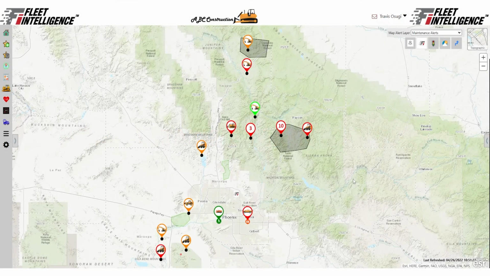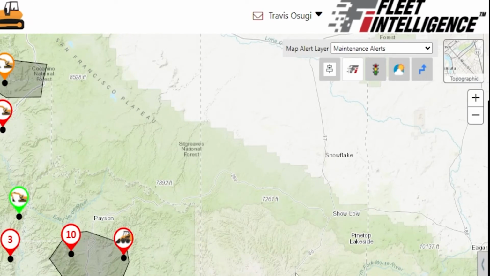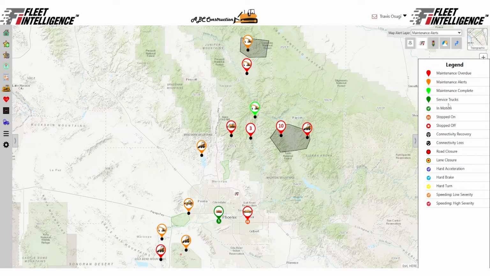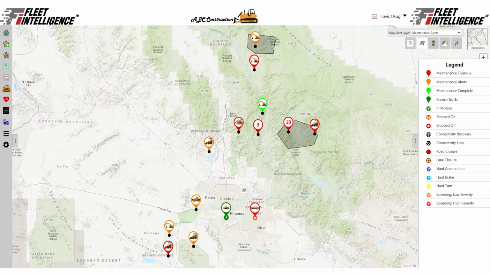Fleet Intelligence's fully integrated preventative maintenance module helps users stay on time with maintenance intervals using easy scheduling and alerting. Here on the map layer, you can select the maintenance map layer in the top right corner, and you can see any assets that have upcoming or overdue maintenance. That's denoted by the red or the orange, and you can also see any completed maintenance as well as service